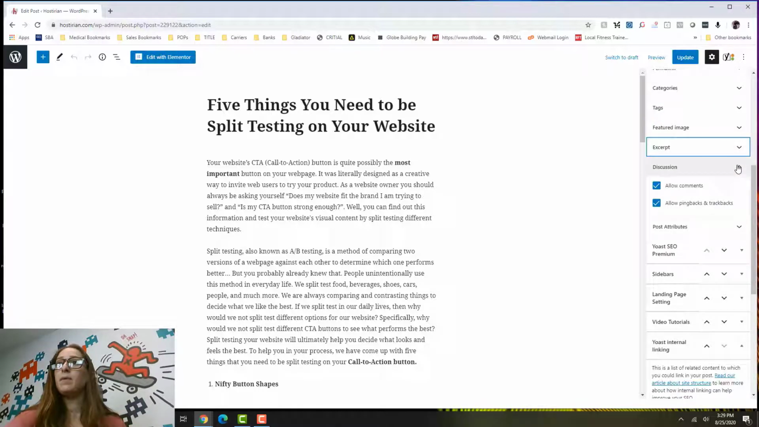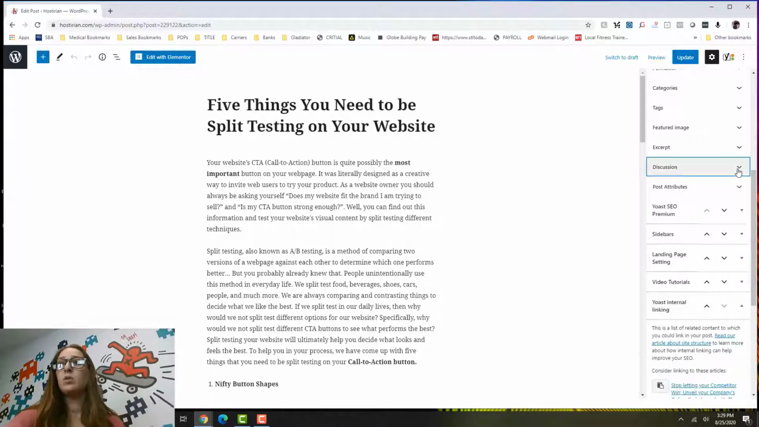We're going to put that back up and put that down. Okay, so under discussion, you can click both or you can have both unclicked. This allows comments on your post in the actual WordPress site, and then the pingbacks and trackbacks are actually something that alerts another blogger that you have linked their information to you. So like I said, you can have them clicked or unclicked, whatever you really would prefer